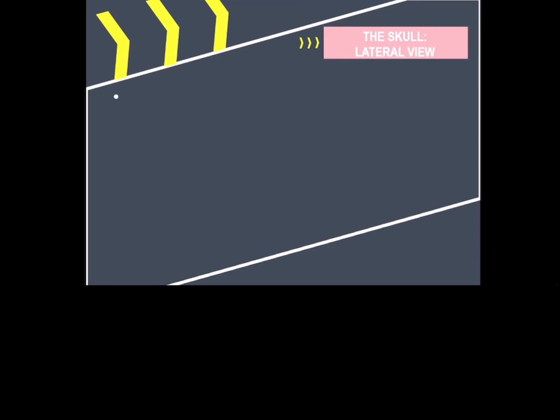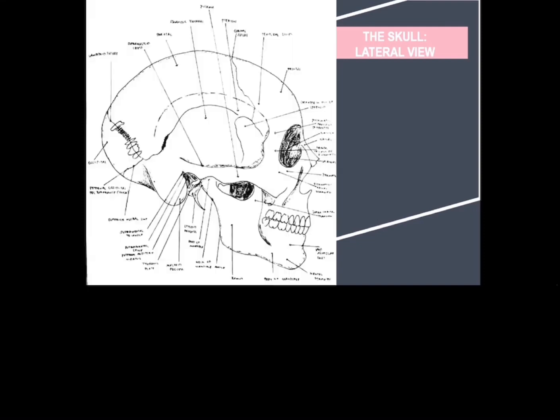This is what the skull looks like on the side. As we can see, there are more parts in this area than we saw on the last slides. Here, let us name each part. First, here we see the parietal, supramastoid crest, lambdoid suture, occipital, external occipital protuberance, superior nuchal line, suprameatal triangle and spine, external acoustic meatus, tympanic plate, mastoid process, styloid process, head of mandible, the neck of mandible, angle,